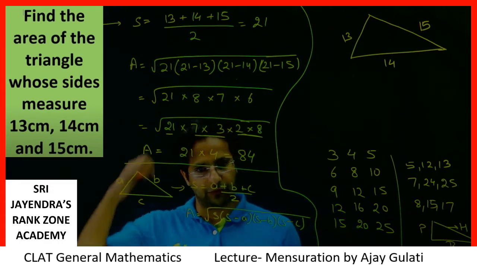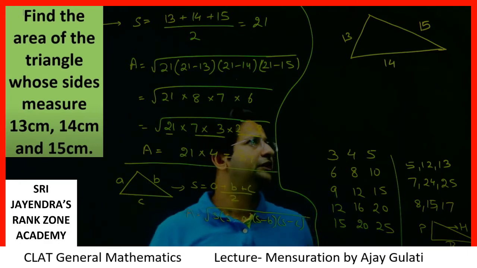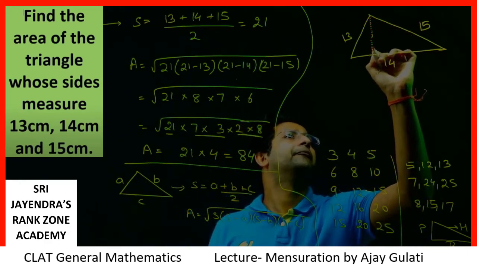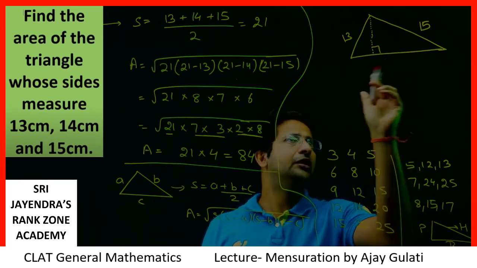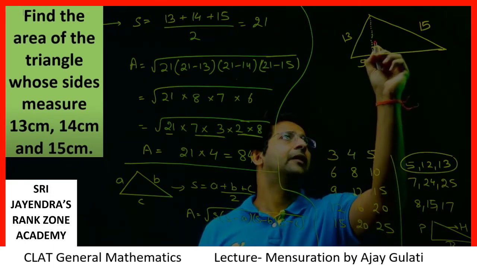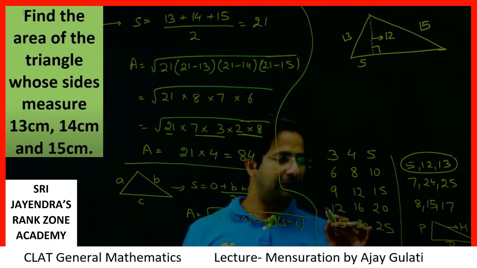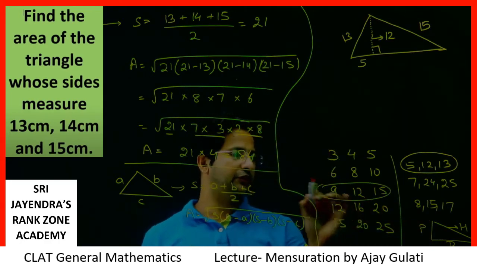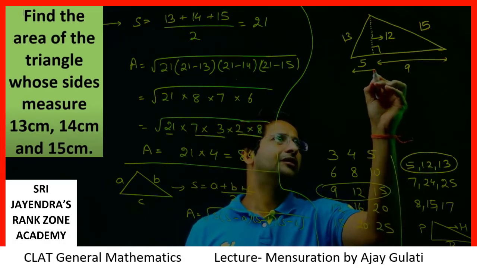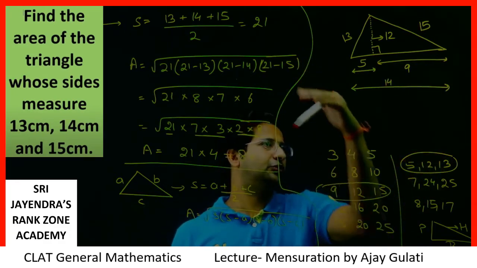Now what we need to say is, this is 13, 14 and 15. Just think about it. Let's say I draw a perpendicular from here to here. This is 14. 13 comes with which triplet? 5, 12, 13. Let's say this is 5. This is 12. I am just assuming. 15 comes with which triplet? 9, 12, 15. 15 here, 12 here. Then I say this is 9. This one is 5. Does this make sense? Does this add up to 14? Yes. This is a 13, 14, 15 triangle.